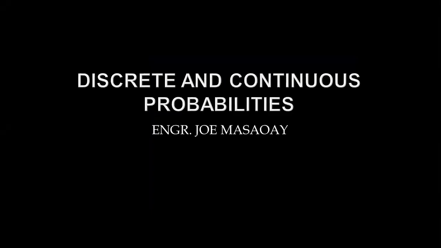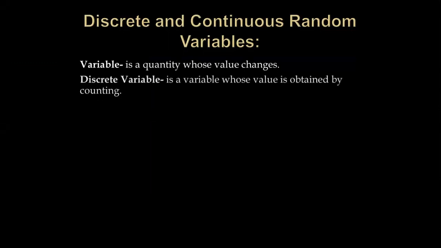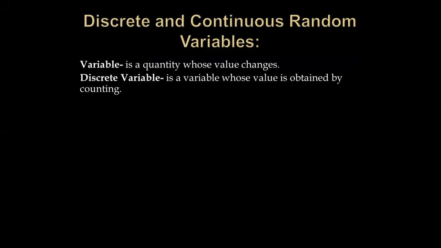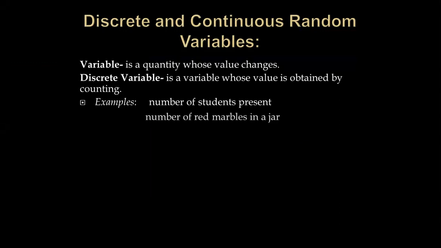In this video, we're going to learn about discrete and continuous probabilities. Discrete and continuous random variables. A variable is a quantity whose value changes. A discrete variable is a variable whose value is obtained by counting. So we have the examples: the number of students present, the number of red marbles in a jar, the number